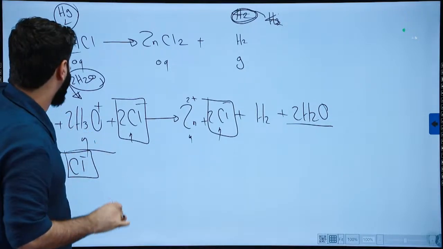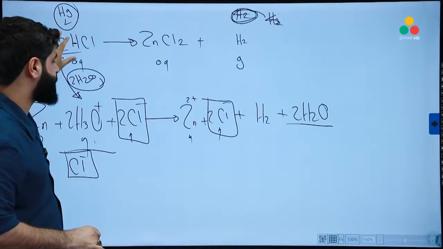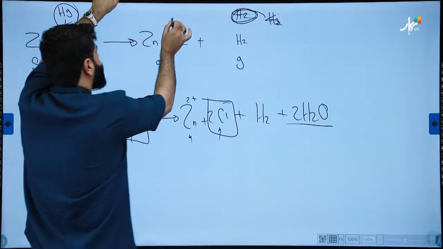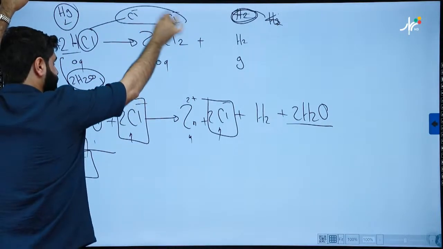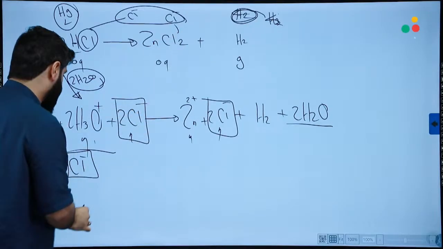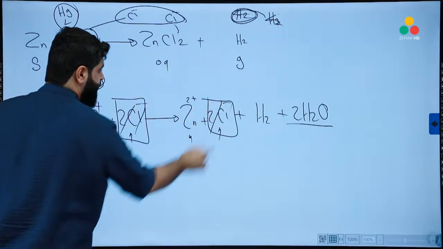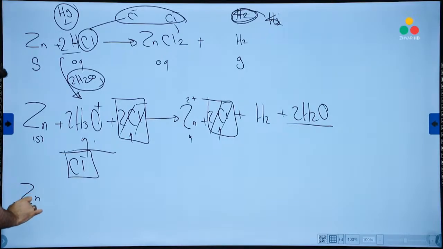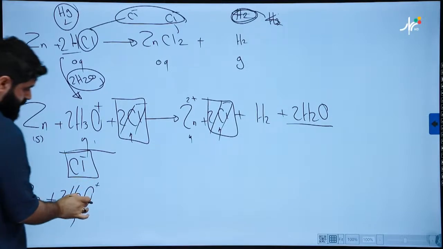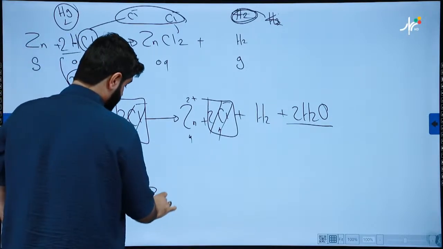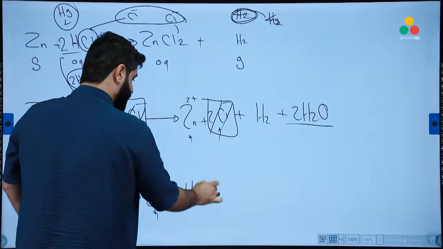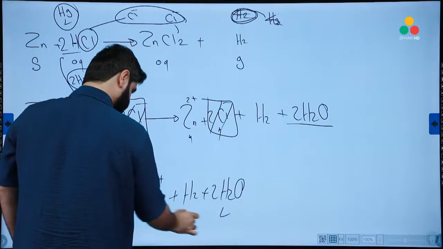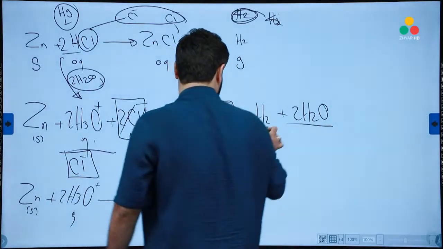That means in the reaction between acid and the active metal, if the salt is AQ, the negative part of the salt, or negative part of the acid, will be the spectator. And remove the spectators to get the net ionic equation: Zn solid plus 2H3O AQ to form Zn AQ plus 2 and the H2 with the 2 water molecules, liquid, gas.